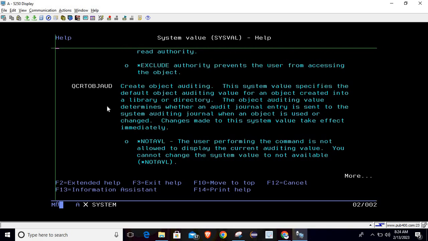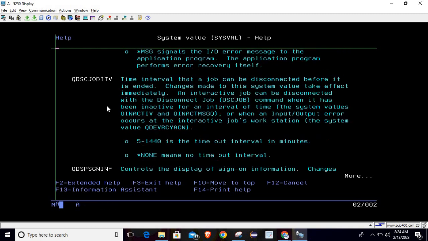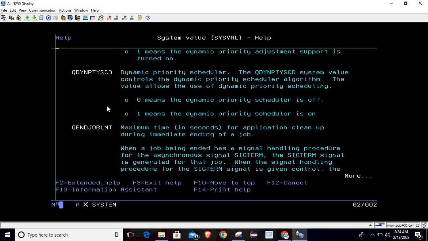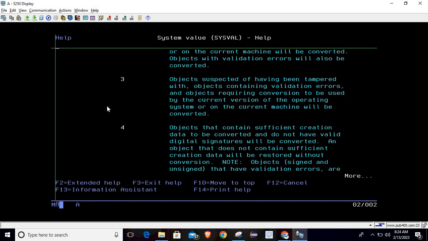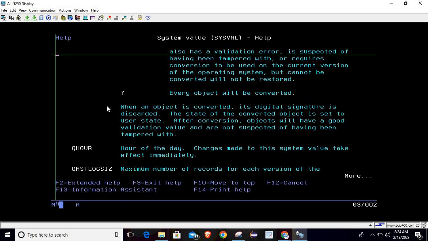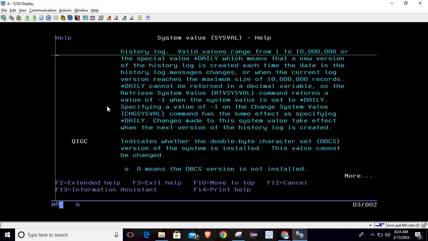These are the values that we have already covered in our previous session. So I'm directly taking you to the value which we are going to discuss today. Yeah, this is the value. Here it is mentioned QHSTLOGSIZ. Here it is mentioned: maximum number of records for each version of the history log. Valid values range from 1 to this value, or